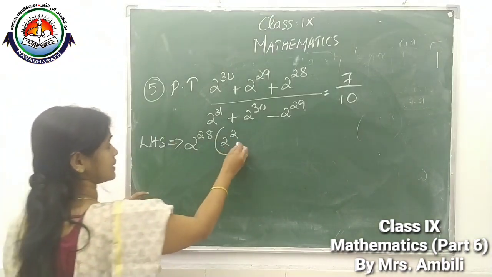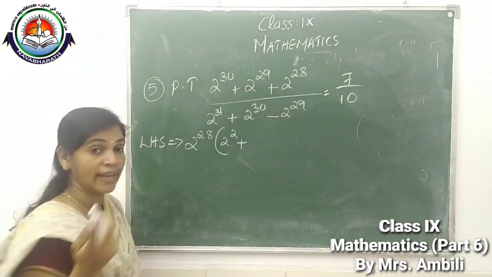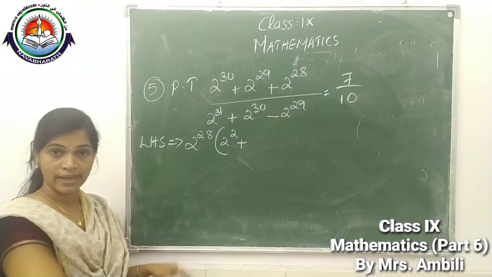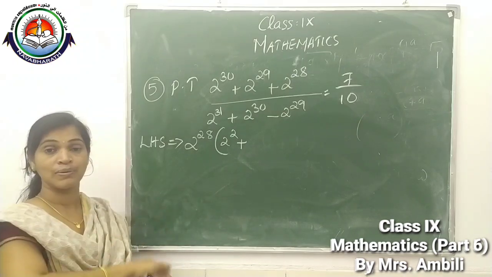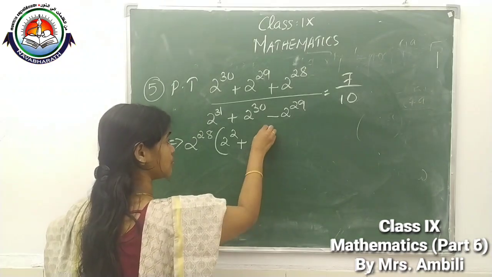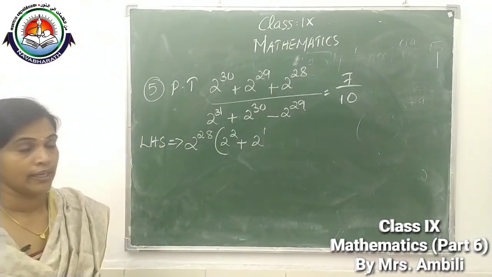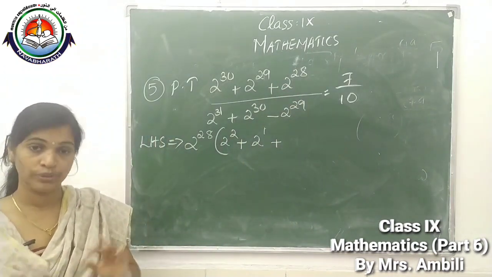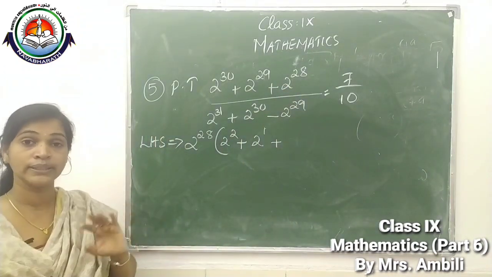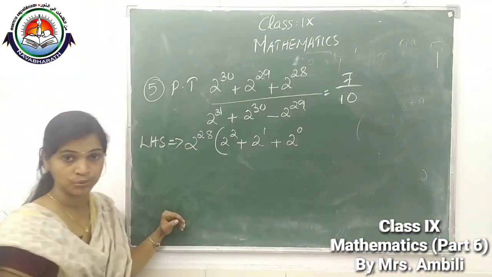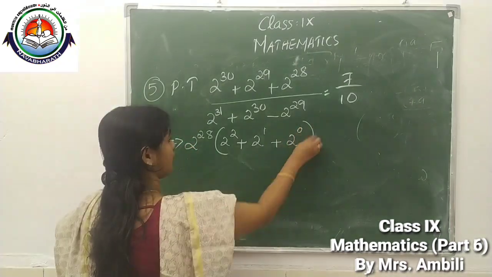Clear? Plus here 2^29. From that, up to 2^28 I took outside. 28 2's I took outside. What is remaining? 1 2 is remaining. That we can write 2^1. Clear? The next. From 2^28, 2^28 I took outside. All the terms I took outside. What is remaining? 2^0 remains. So 2^0 divided by